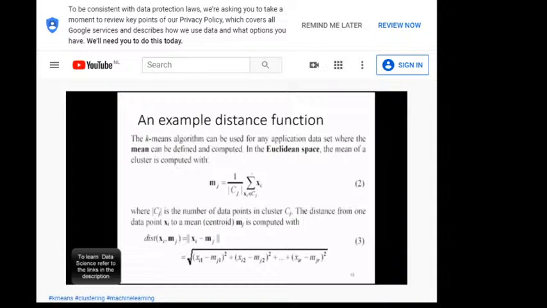How do we calculate the distance is a very important question to ask. Well, we all know